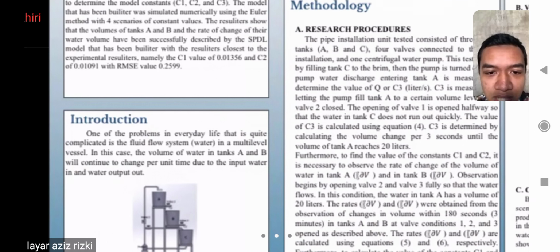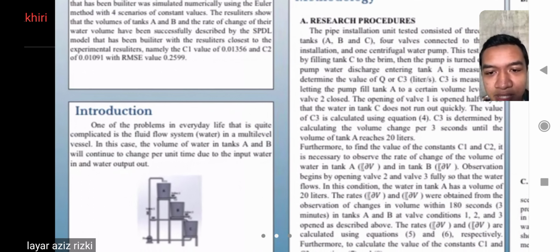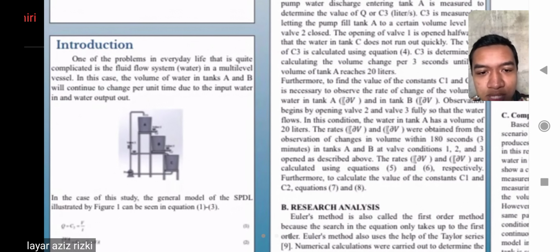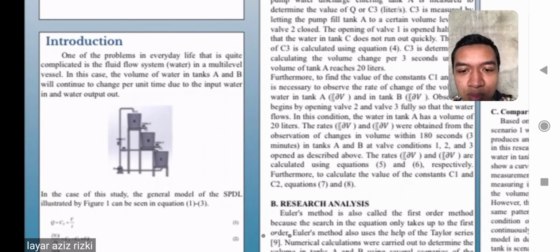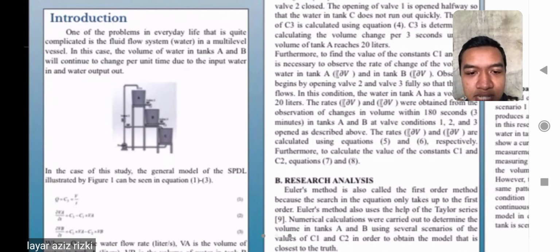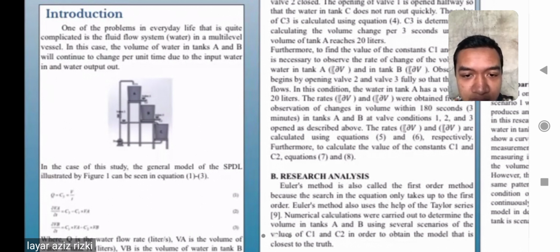One of the problems in everyday life that is quite complicated is the fluid flow system of water in a multi-level vessel. In this case, the volume of water in tanks A and B will continue to change per unit time due to input water in A and water output out. In the case study, the general model of the SPTL illustrated by figure 1 can be seen in equations 1, 2, 3,